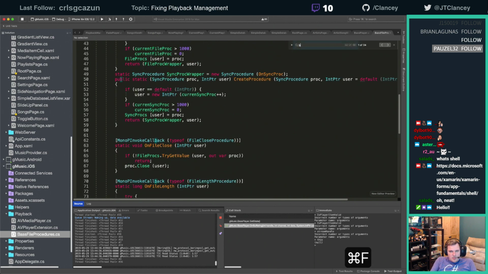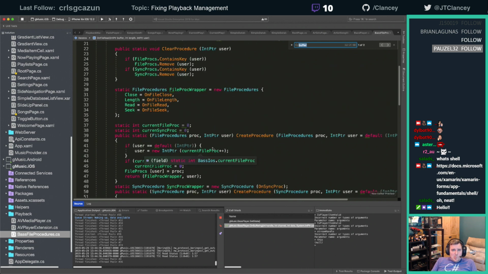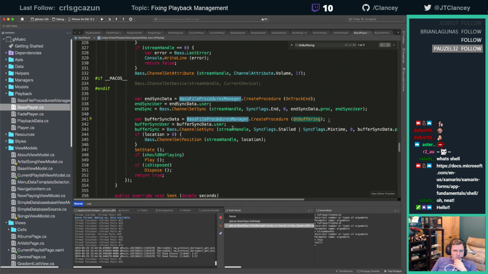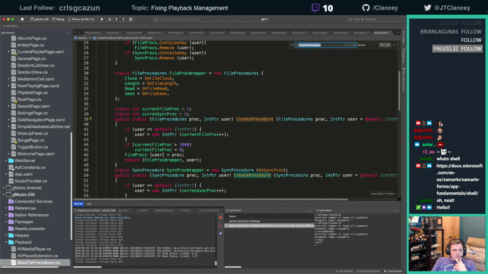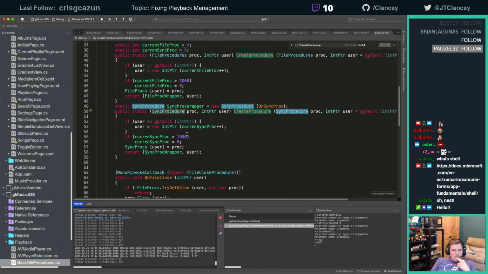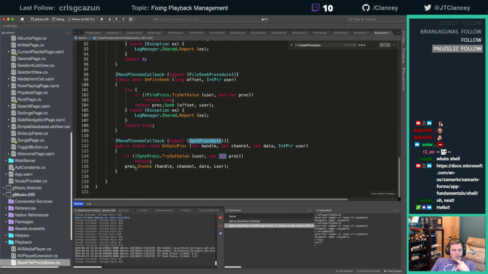Where's the buffer? How does buffer work if I don't do it there? I am confused. Oh, it just does a create procedure. So it's a sync procedure, the buffer one. All right, so then that creates it. So on sync proc,